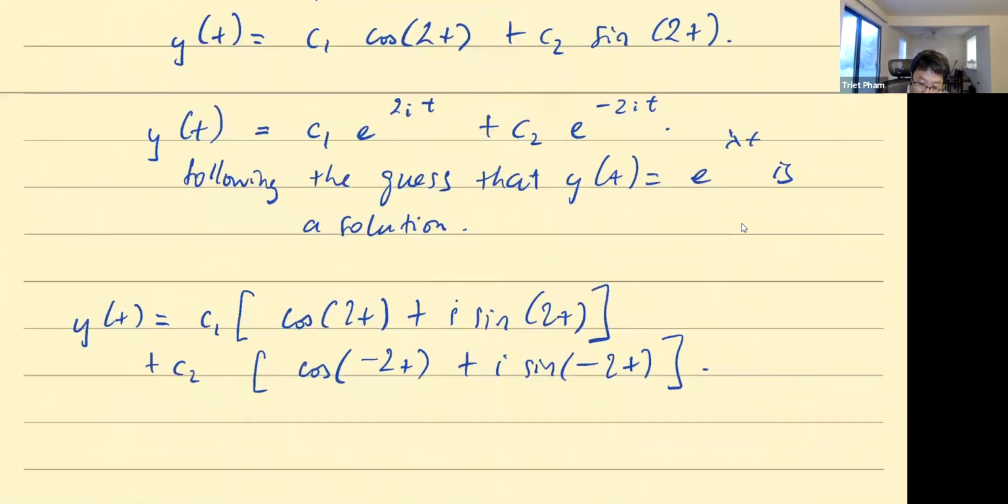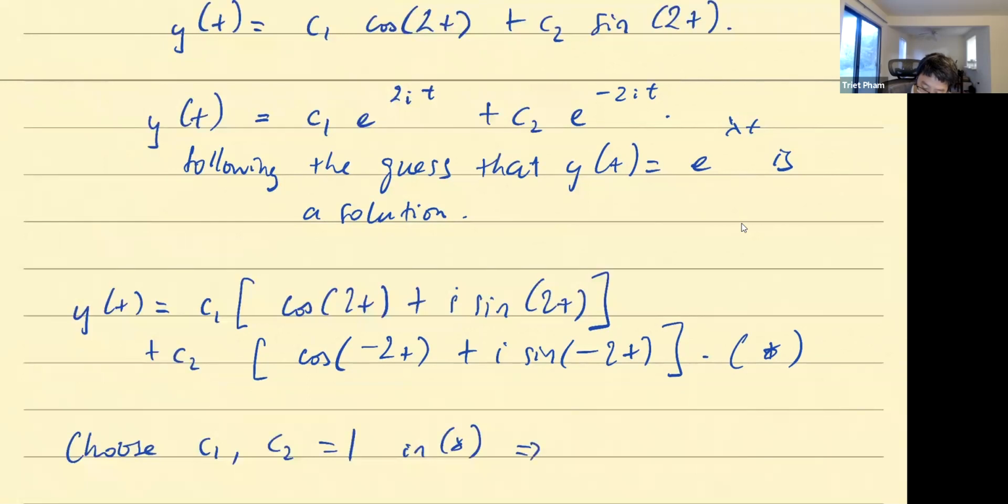So the question is how to combine this into this. The key is only that because we're dipping into complex numbers, these c's are allowed to be complex. That's the only secret. Let me call this form star. If we choose c1, c2 to be 1/2 in star,